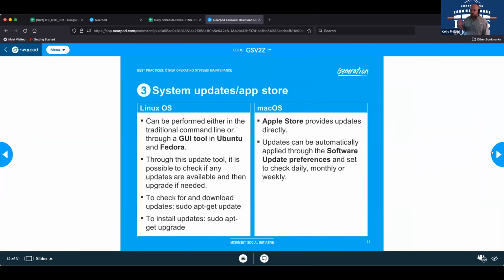System updates. You will get a chance to practice system updates in Linux if you have not already. Have you guys done the system update in Linux yet? Yes, or you have to use the apt-get. Okay. So in Ubuntu and Fedora, they allow what's called a GUI tool, which is like you would operate normally in Windows,